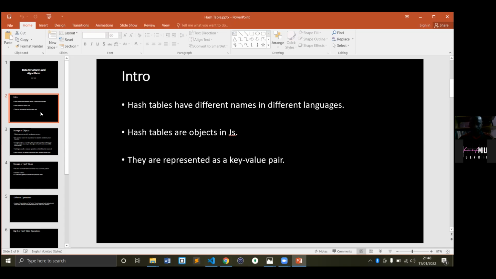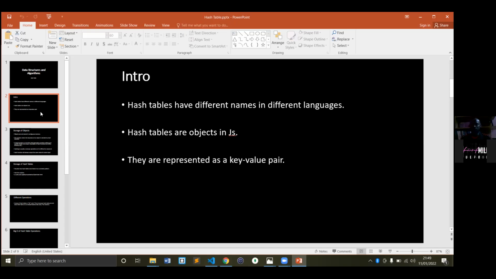So hash tables, hash maps, or dictionaries in Python, are any data structure or data type in a language that stores key value pairs.